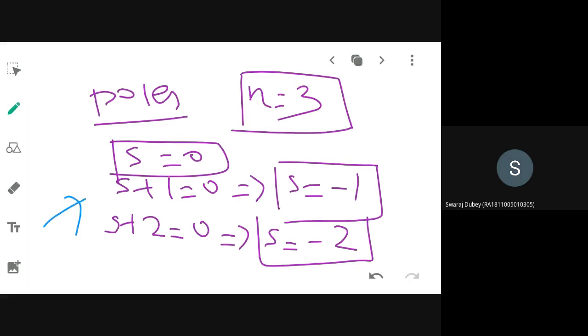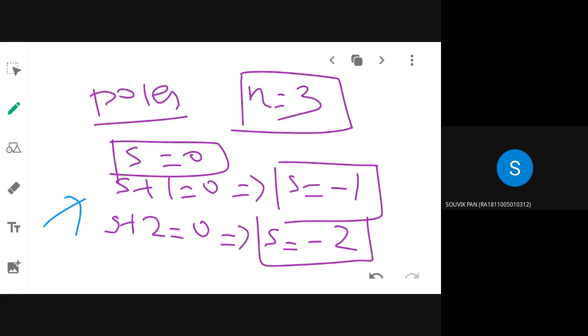For zeros I am getting only the real part. You should solve it properly. You must have made some mistake. Given equation is s square plus 6s plus 25. You have to look at the imaginary part also. The zeros are minus 3 plus or minus 4j. Yes, correct. Swaraj, you are doing something wrong in the calculator. There is an i symbol in your calculator, you have to press it. And the poles are 0, minus 1 and minus 2.